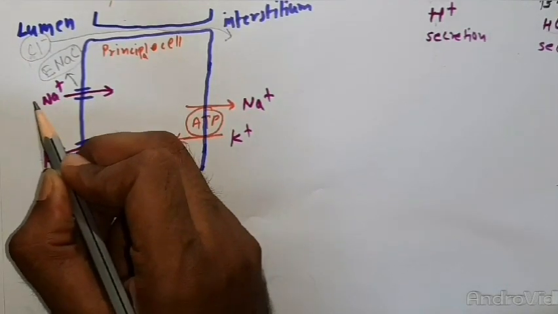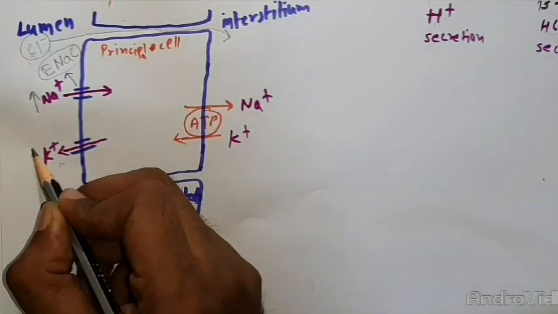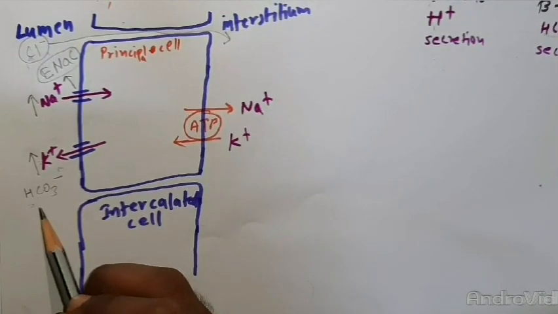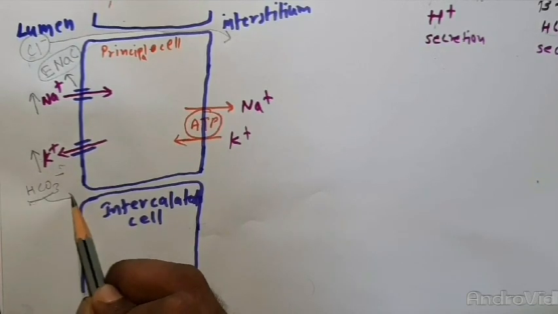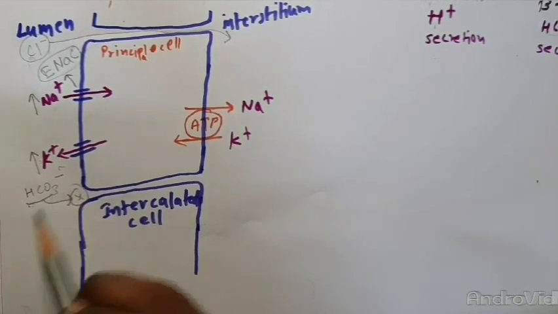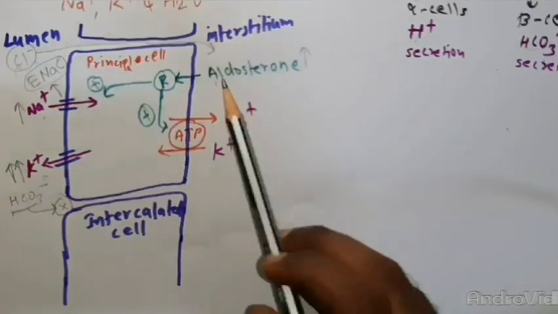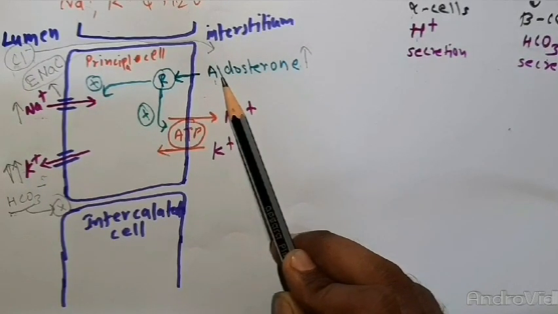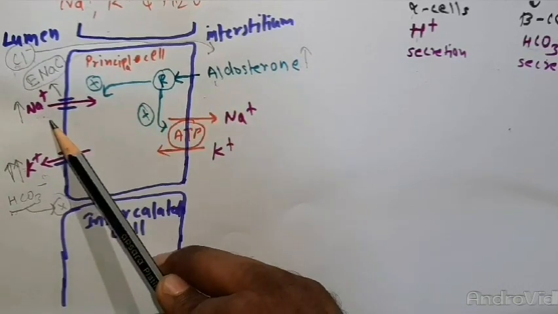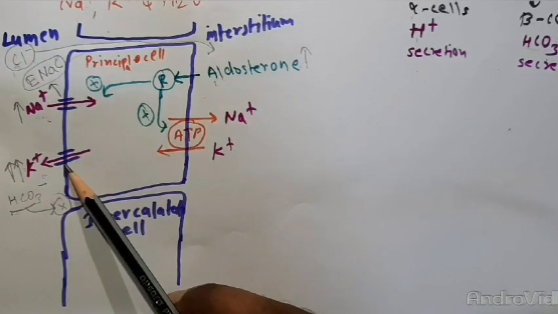And this negative potential will also induce the potassium ion to go from the principal cell to the lumen. The upstream diuretics will increase the sodium delivery to the lumen, which will increase the potassium secretion into the lumen. And if the delivery of the bicarbonate ion increases, which is not able to transport paracellularly, then it will also lead to an increase in potassium ion secretion. In the case of volume depletion, aldosterone secretion increases, which leads to more reabsorption of sodium coupled with more secretion, or loss, of potassium ion.